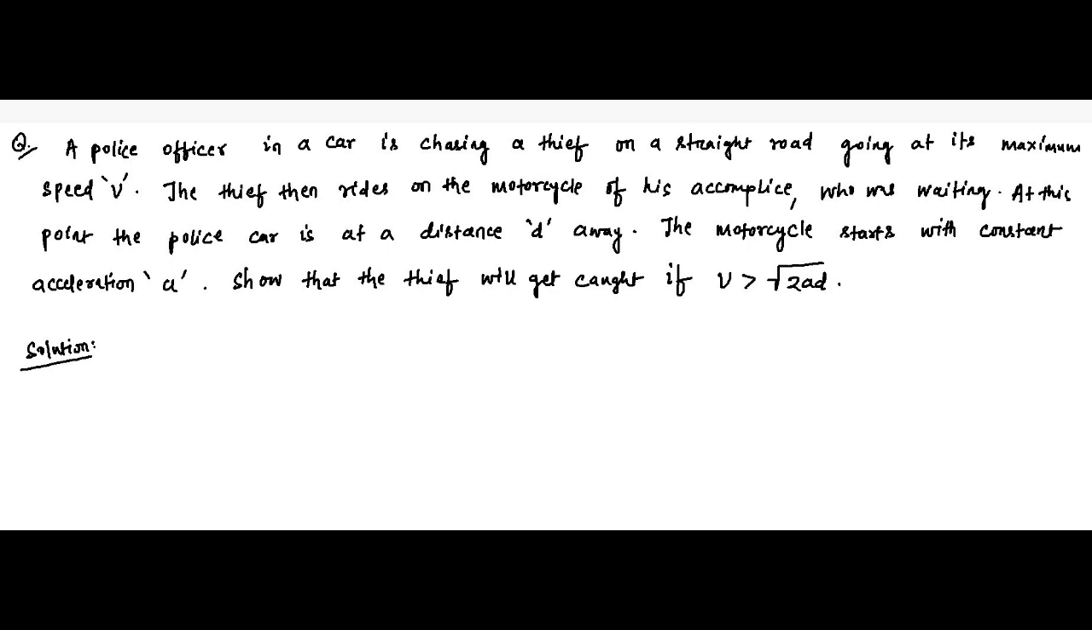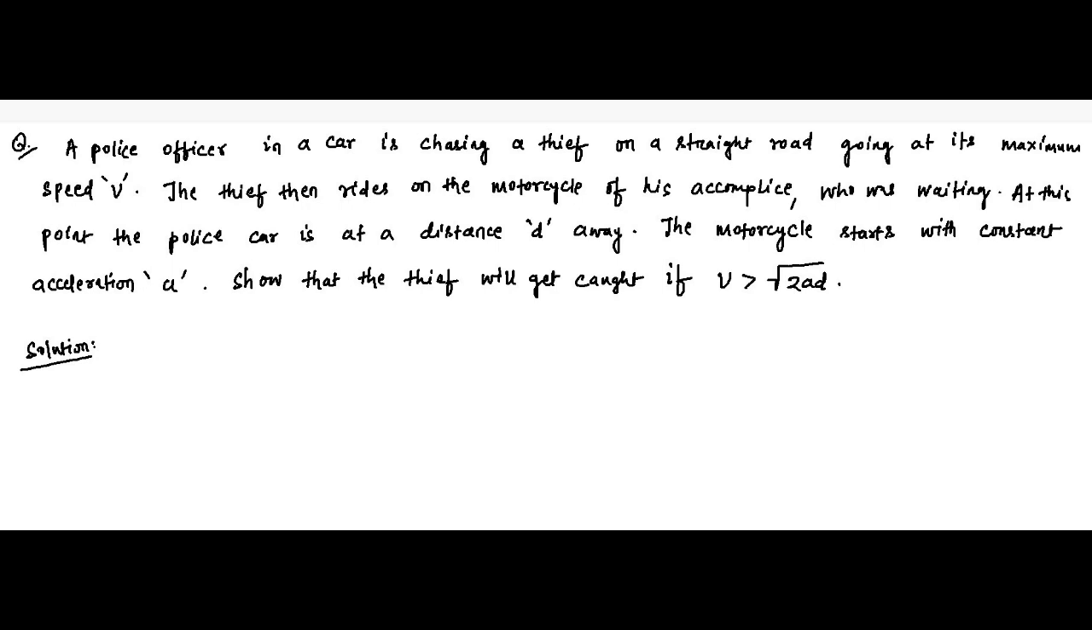The thief then rides on the motorcycle of his accomplice, one of his friends who was waiting on the side of the road, and exactly at that point the police car is at a distance d away from the thief. The motorcycle starts with a constant acceleration a,